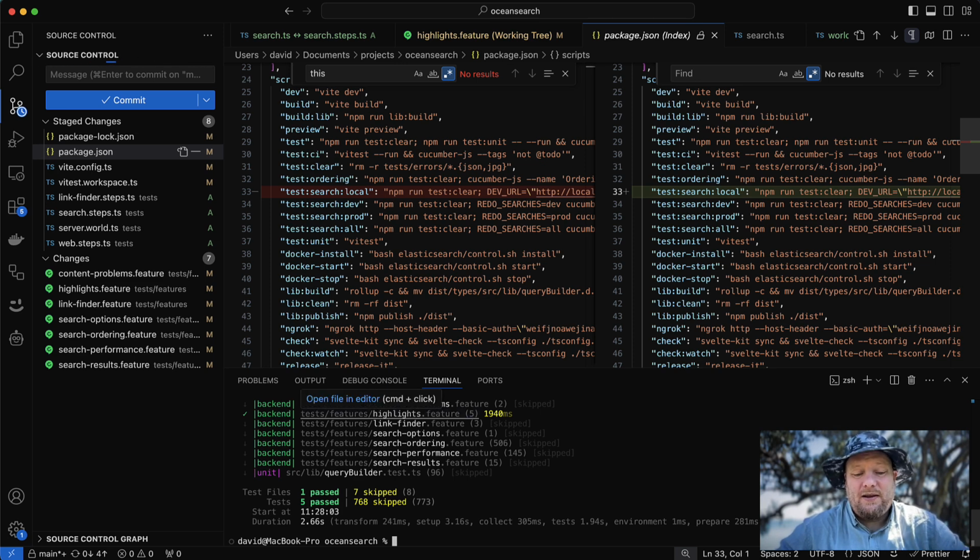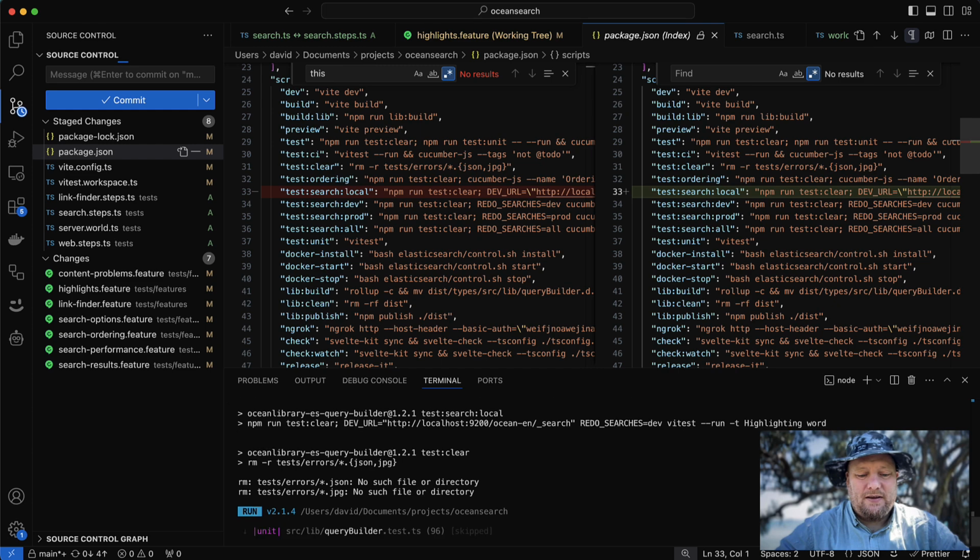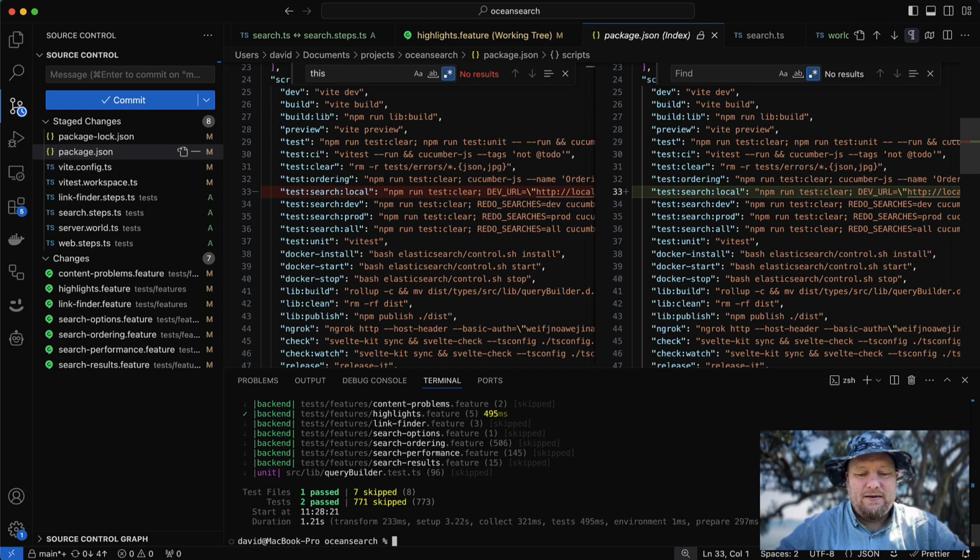Or it works with names too, like highlighting word something, I forget, there's one that's named that. Anyhow,